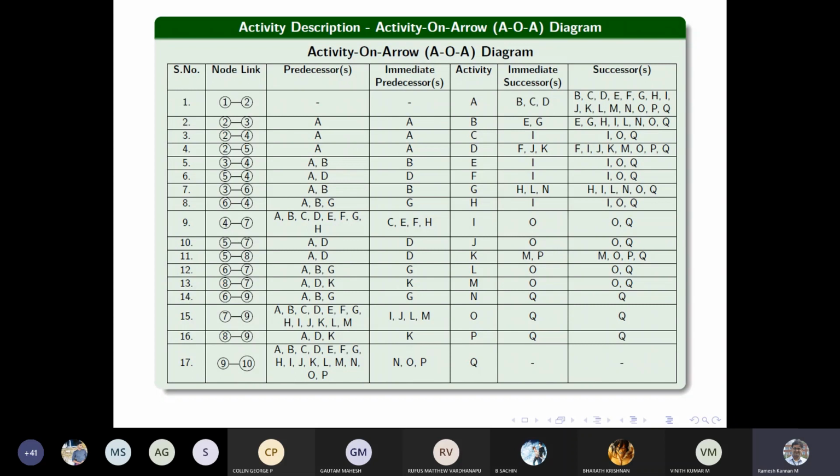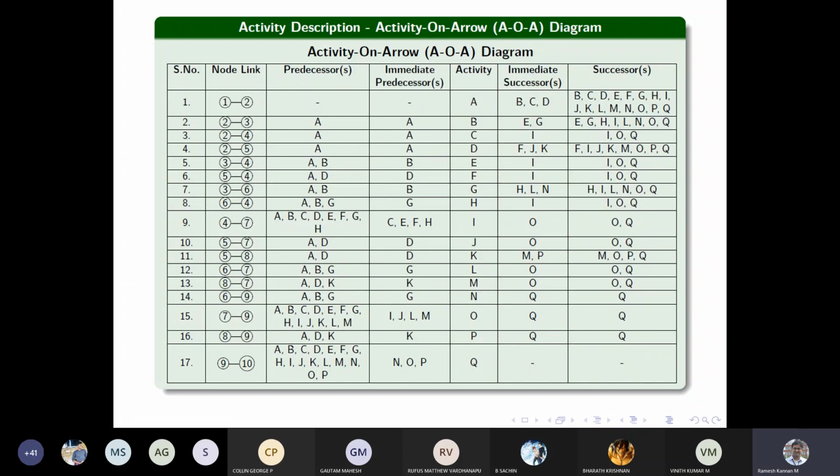Successors are activities after that particular activity. Like for example, after activity A, what could be the possible activities? That is B, C, and D, the immediate successors. So B, C, and D should follow A immediately. Then successors are all the other activities in the network diagram that make use of activity A. Whatever activity emerges out of activity A is what we call a successor, right? So overall successors. Then if you take a look at the last activity, it does not have any successor, because activity Q is the last activity and does not have any activity to follow it.